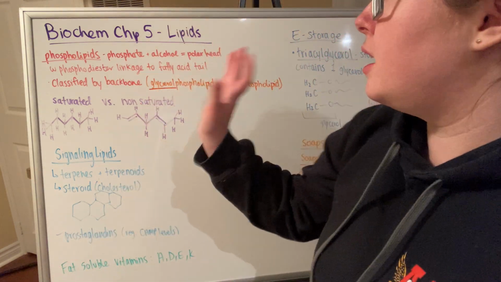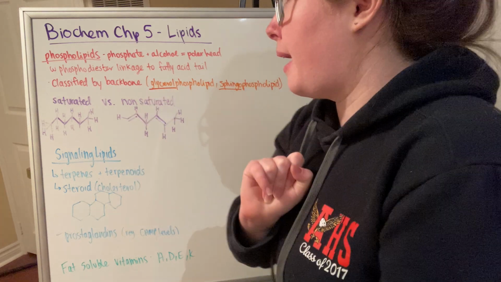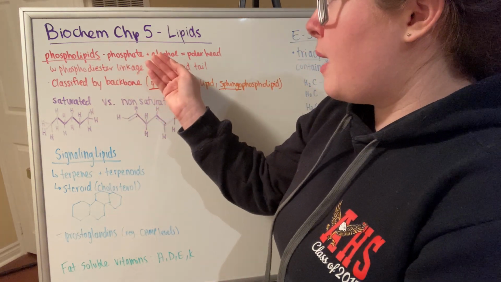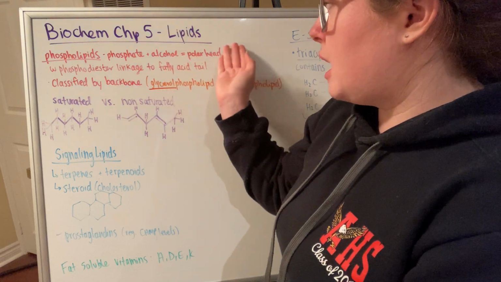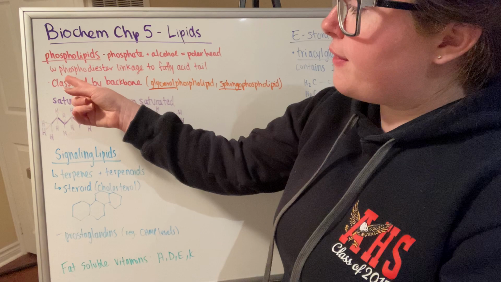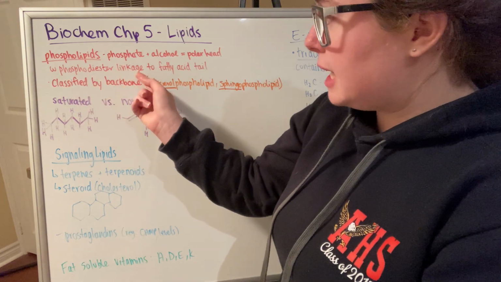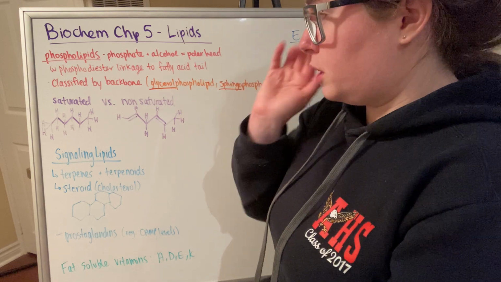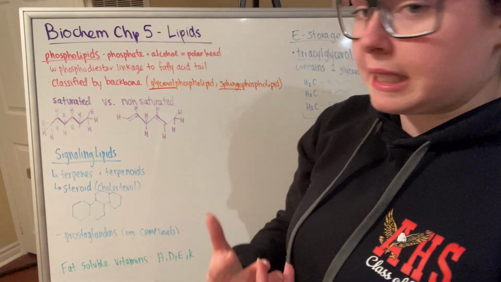So we have phospholipids, okay? And so phospholipids are a phosphate with an alcohol creating your polar head, and they have a phosphodiester linkage to a fatty acid tail, which is nonpolar. So we've seen what the lipid bilayer looks like. I can draw that out right now, actually,